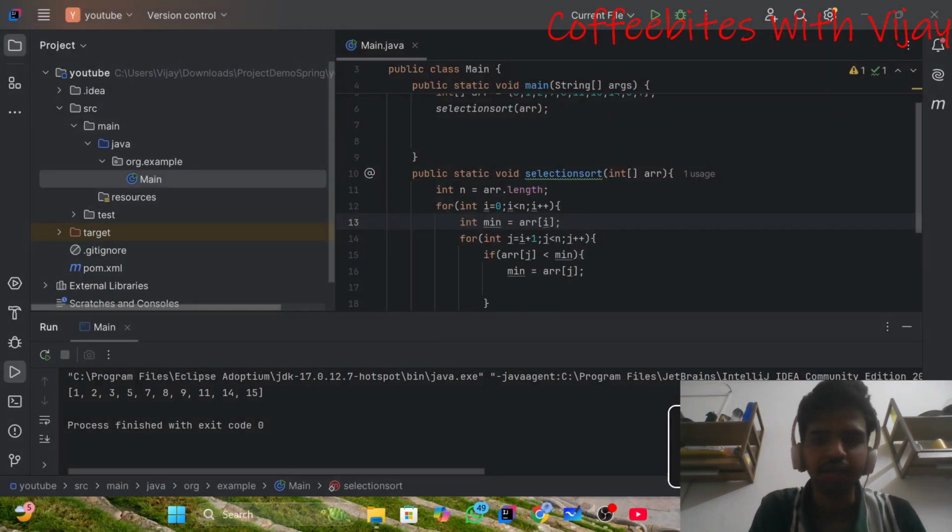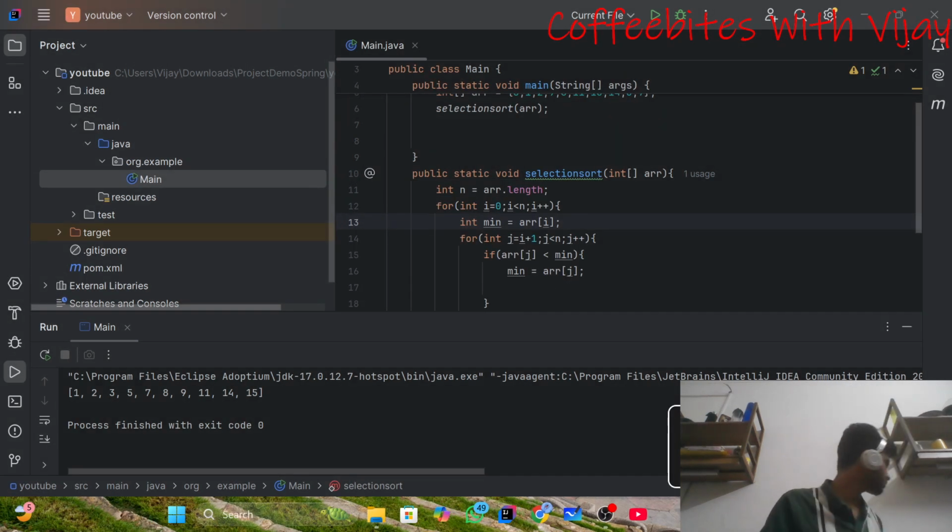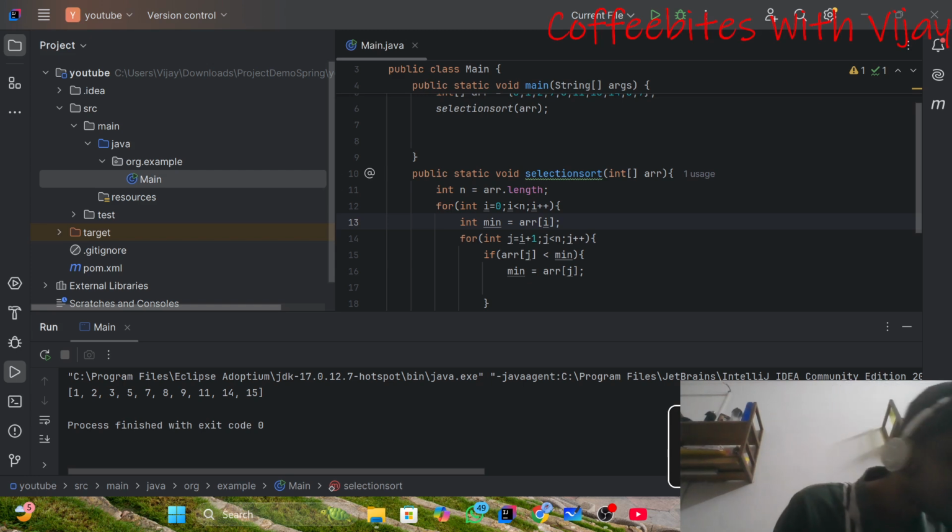I'm sorry guys, I think my battery is running down. Give me a second, I'll just plug in the charger. Okay,